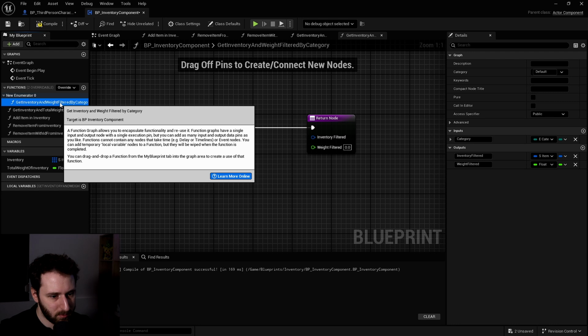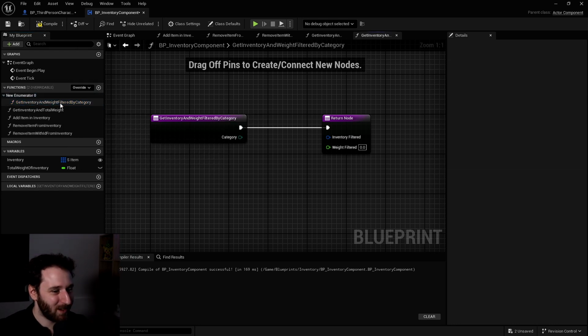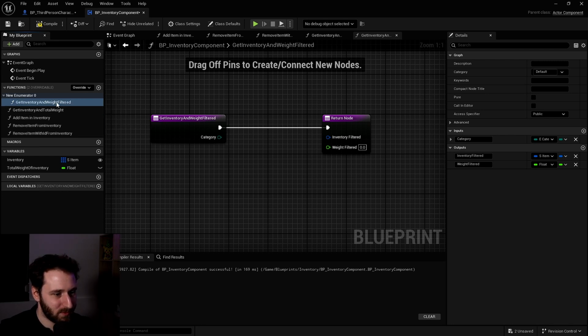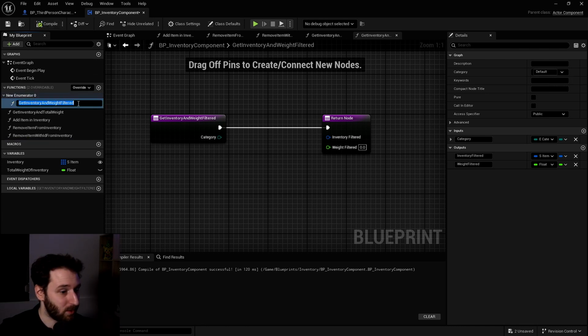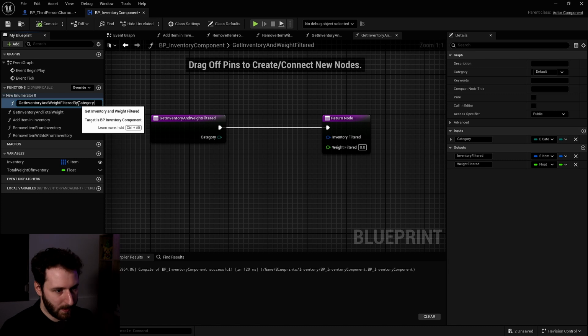Can it be because the name is too long? I don't really want to put that into an enumerator also. I don't know what's going on with this. Get inventory filtered. We'll see. We try to remove this. Can I put it into default now? Okay, I never saw this kind of thing. Filtered by category.